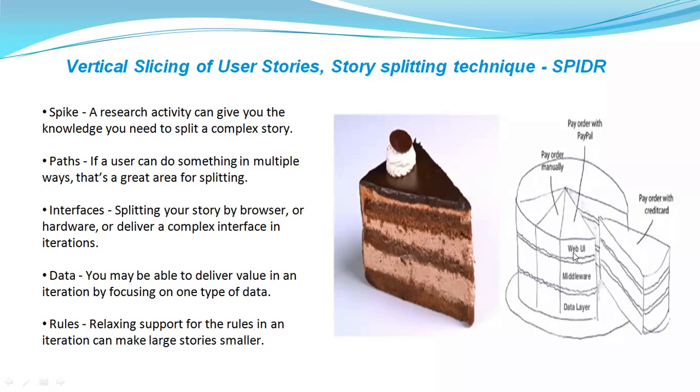So if you can see, if you're going to have one user story separately for these layers, you will not get a done increment, right? So in technical terms, if I want to use an agile term, you will not be getting a potentially shippable increment. So that is the reason why you always need to remember that you need to slice the user story in such a way that if that user story is completed, you should be able to get a product increment immediately. See here, each user story, that means here they have mentioned 3 user stories,